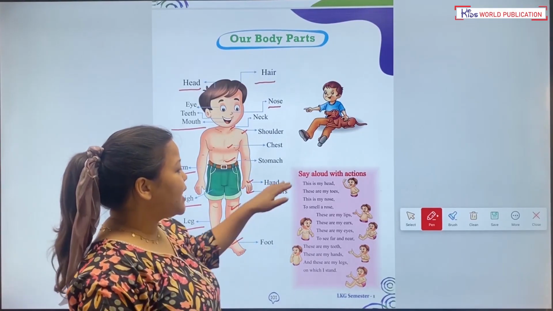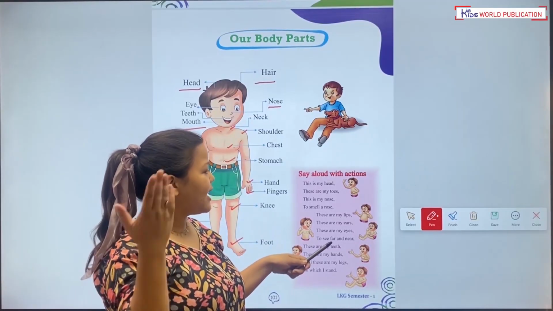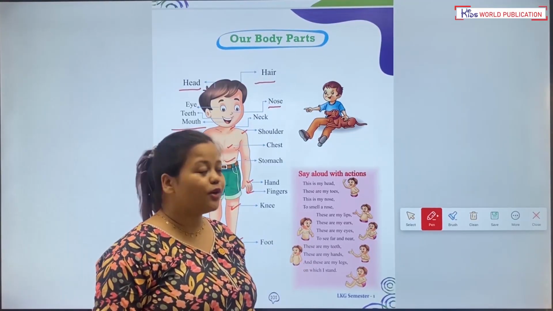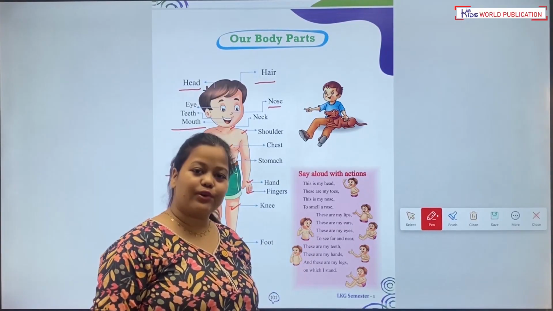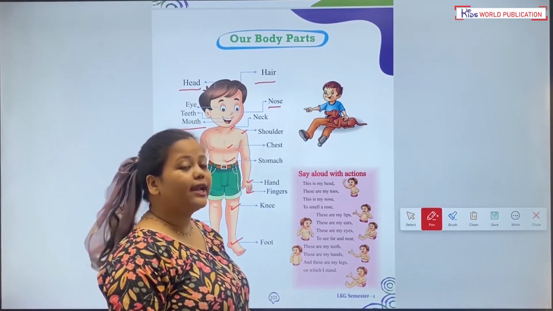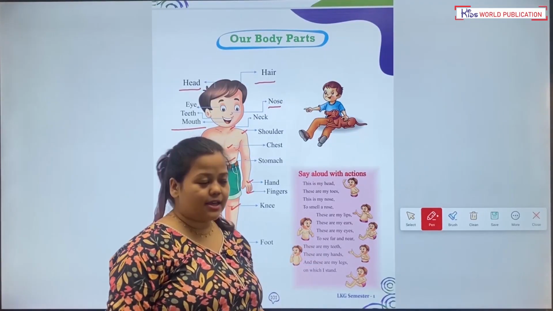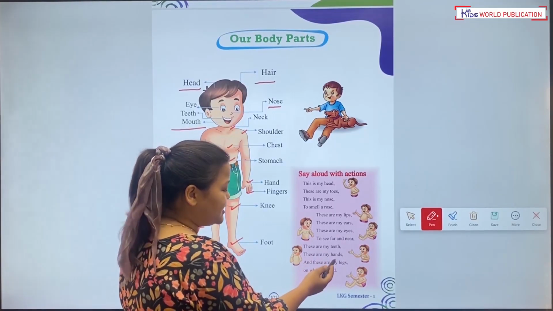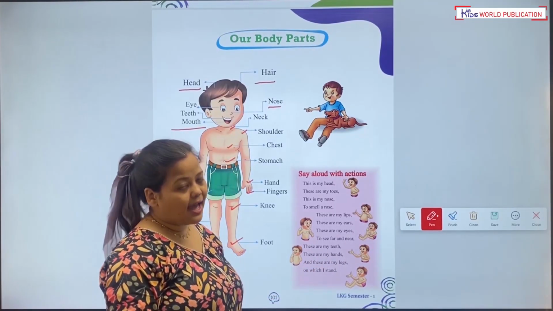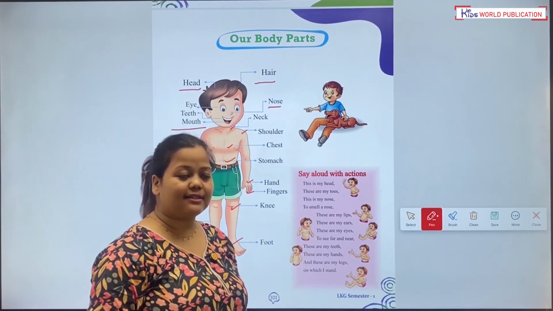Say aloud with action. This is my head. These are my toes. This is my nose to smell a rose. These are my lips. These are my ears. These are my eyes to see far and near. These are my teeth. These are my hands. And these are my legs on which I stand.